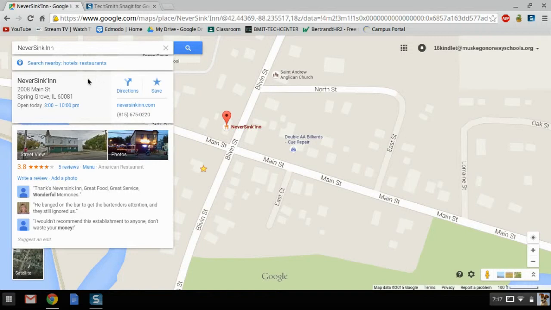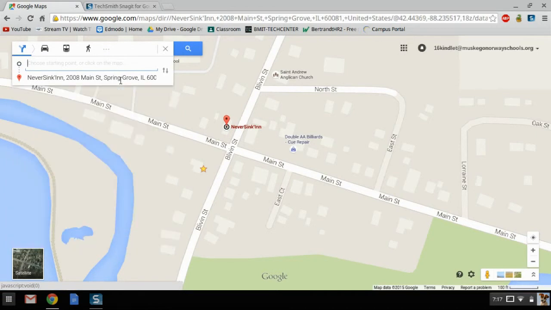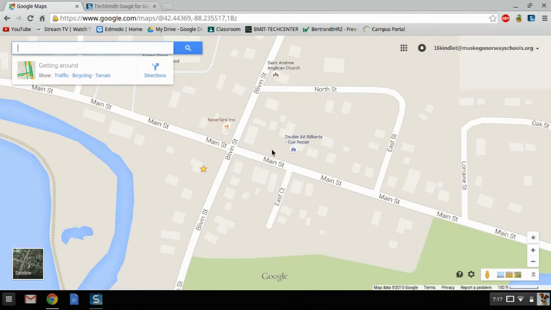So from here, I can also star the location, and I can get directions to where I am going. So if I'm going to get directions to it, I'll get directions to it. And then I click on where I'm at. I can do home and other stuff like that. I can type it in, and it'll give me straight to that location if I want to get to that. But I don't want to get to that inn. Now, also, when you click on the inn,